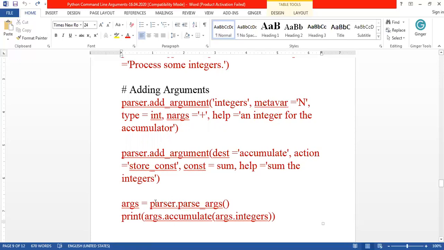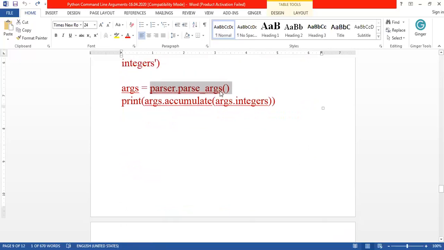That validation is done with the help of the parse_args function in the parser object. Once this validation is done, which means the type of the argument is correct, then automatically this args object will call the accumulate function to calculate the sum.